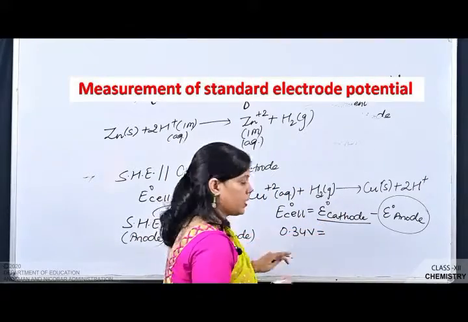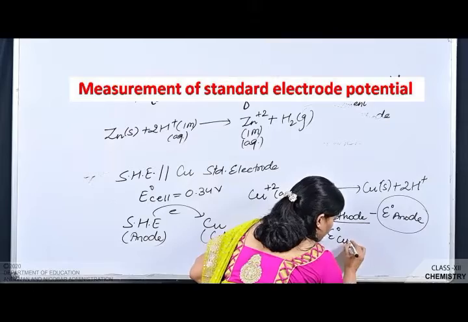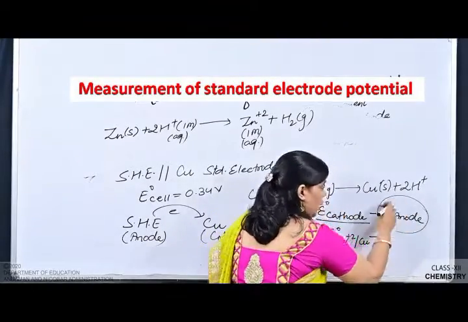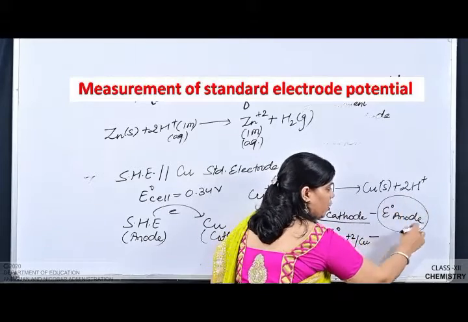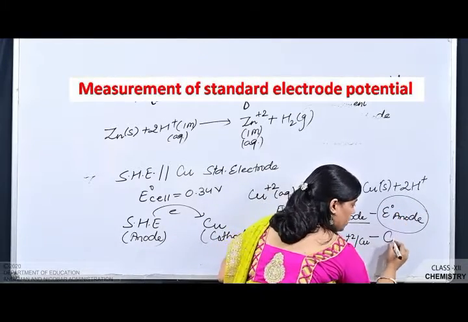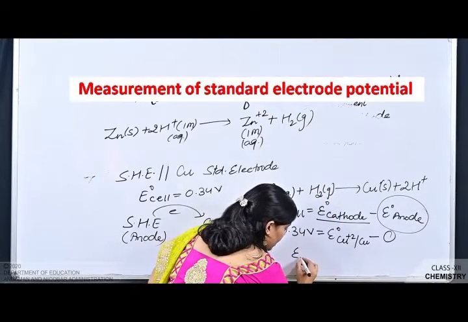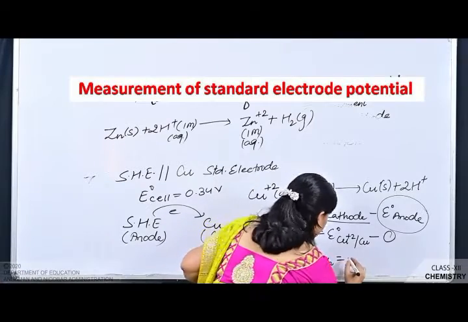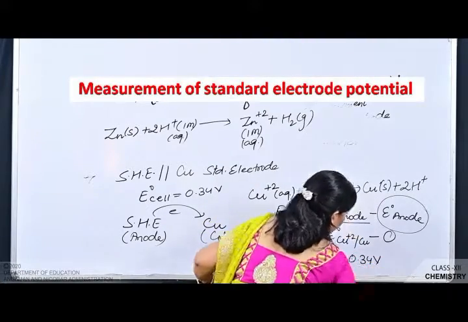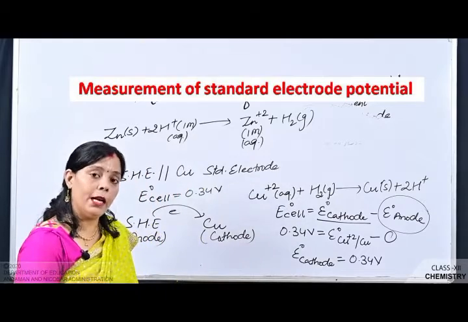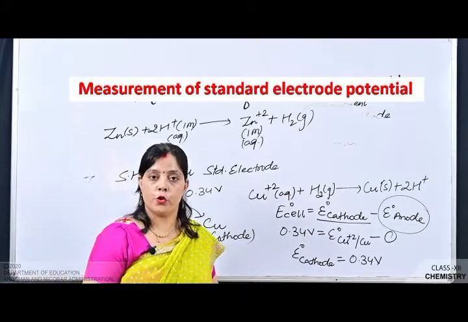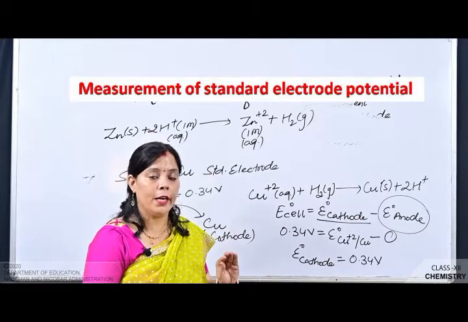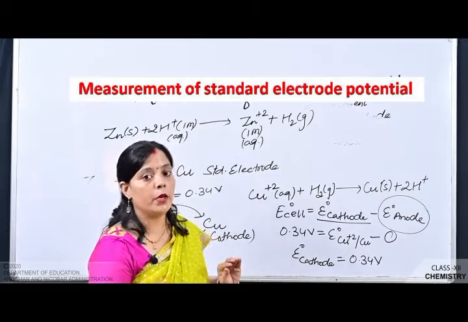and that is equal to 0.34 volt. We don't know the value of E naught cathode, and the reaction which is taking place there is copper plus 2 undergoing change to form copper, and the value of the electrode potential of the standard hydrogen electrode is 0. So the E cathode in the standard condition is equal to 0.34 volt. In this way, with the help of the standard hydrogen electrode, we can determine the value of the standard electrode potential of the individual half cell.